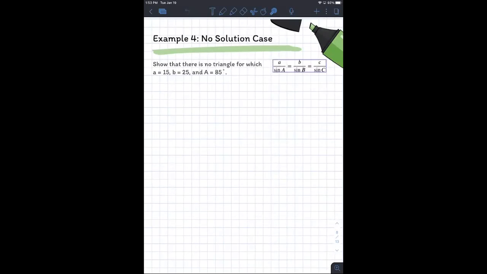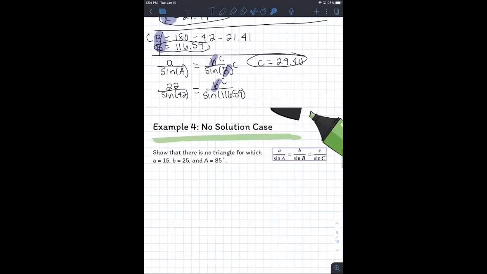So if you had sides A and B where one side is 15 and the other side is 25, wrong thing. Let's try to draw that. Of course, you guys know it's not going to be possible because I already said it wasn't possible, but